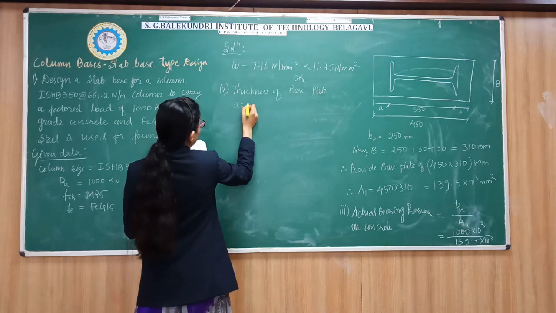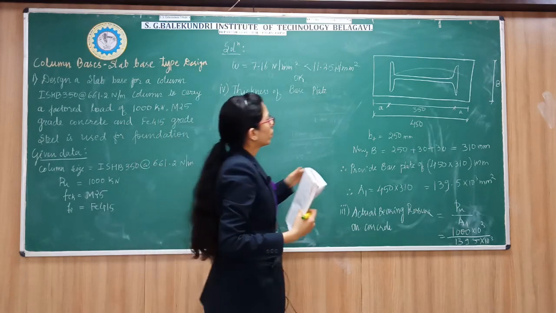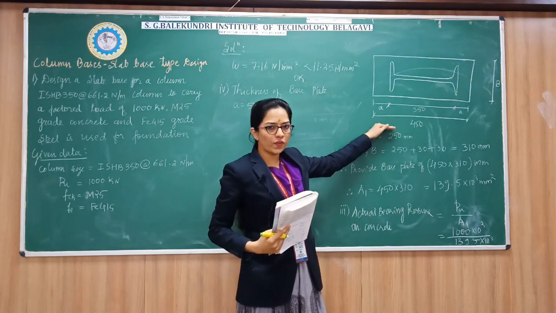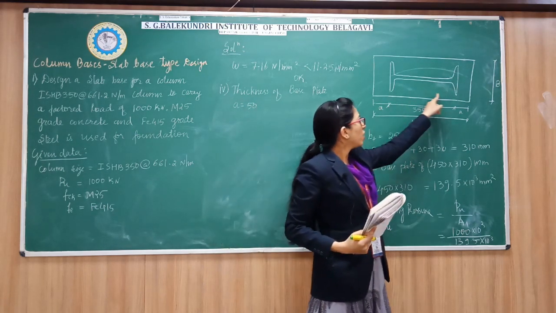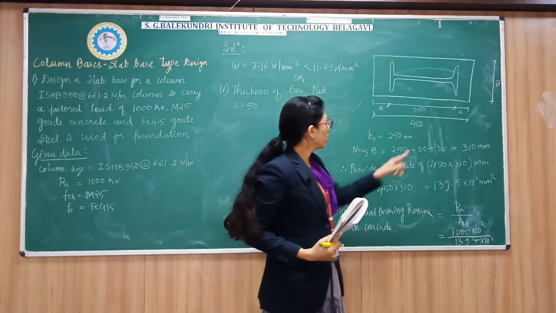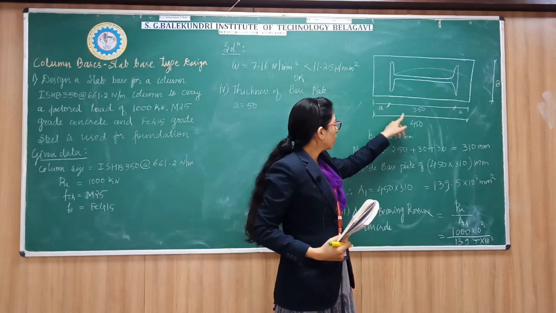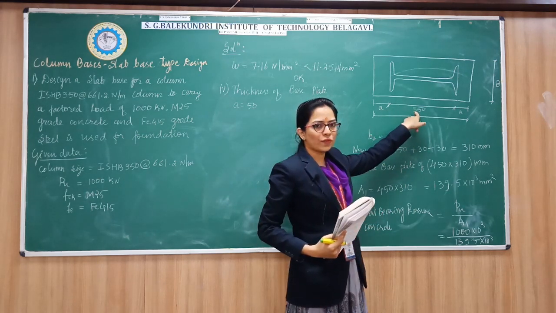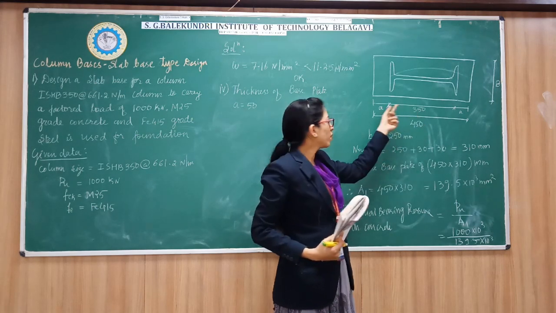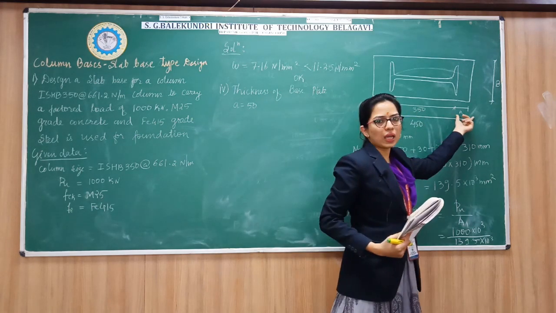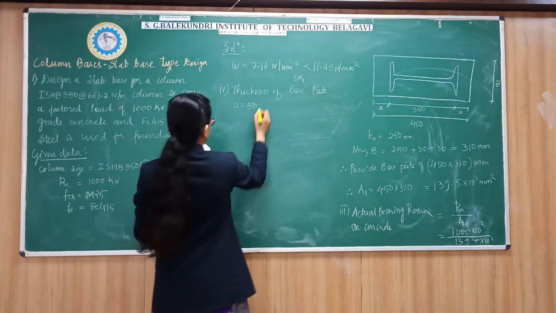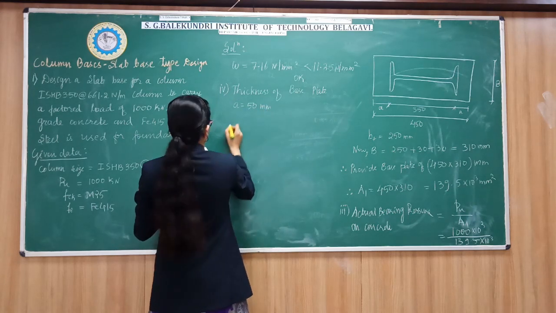A is equal to 50. The total base plate length is 450 mm and the height of the ISHB is 350. Then do 450 minus 350, and we will get 100 mm as a distance, divided by 2. We will get A as 50 mm on either side. So A is equal to 50 mm, and B